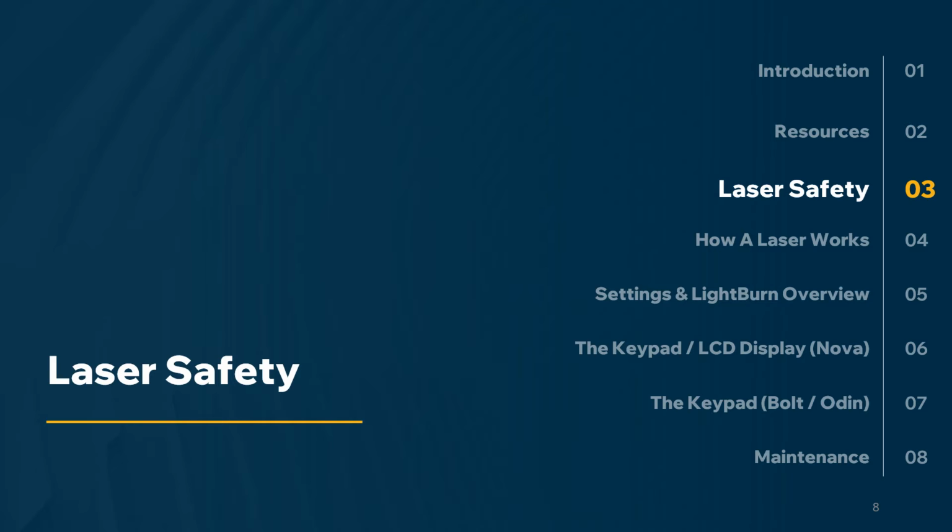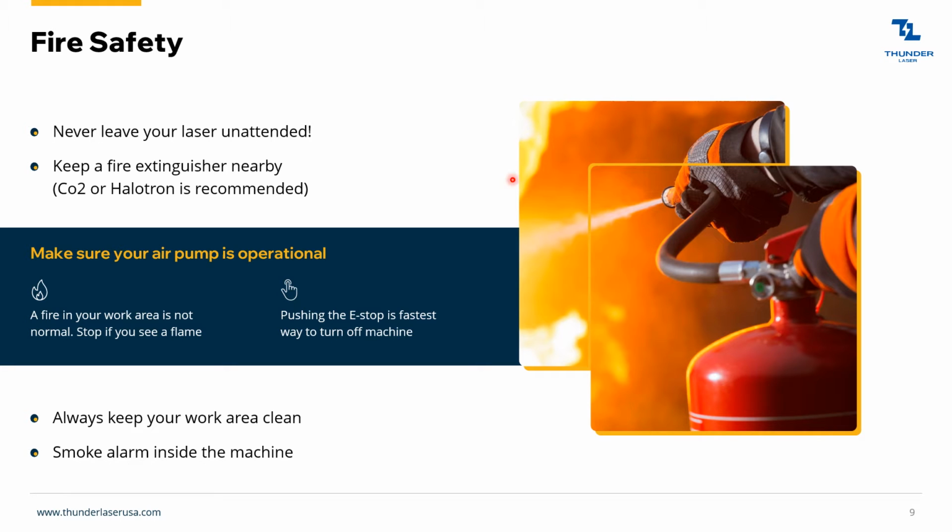Laser safety. The biggest one is fire safety, of course. We are burning materials with a laser machine, so you don't ever want to leave your laser unattended. Actually, the people that do this the most are intermediate or advanced users because they get comfortable and they think they can walk away. But you don't want to do that,